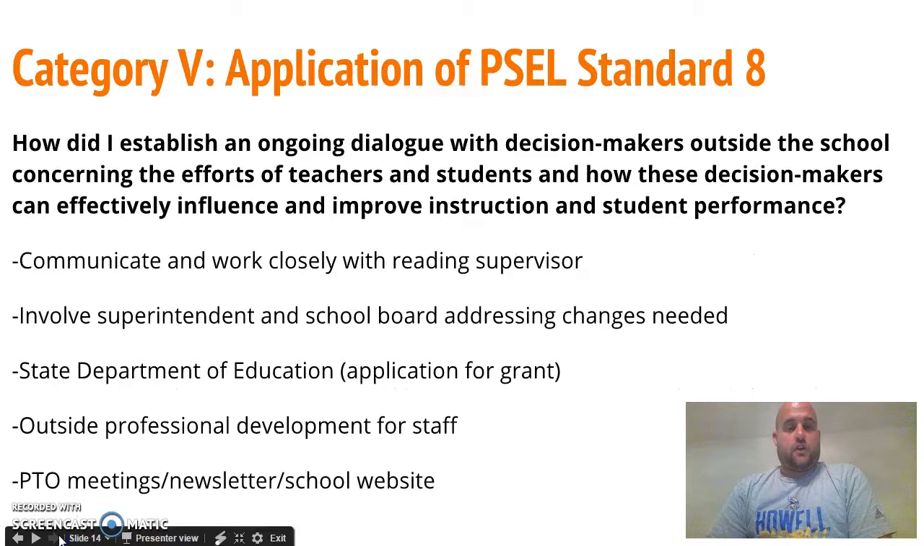How did I establish an ongoing dialogue with decision makers outside the school concerning the efforts of teachers and students, and how these decision makers can effectively influence and improve instruction and student performance? One way I did that was to communicate and work closely with the reading supervisor. I involved the superintendent and school board in addressing changes that we need. The State Department of Education, which we need to be applying to, which we apply to for the grant. Outside professional development for staff, PTO meetings, newsletter, and school